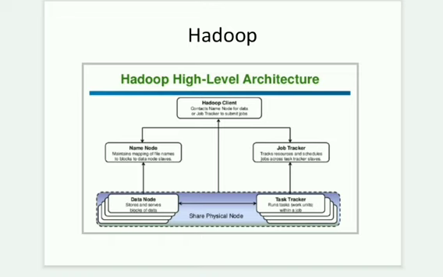How this is stored: your 1 GB data will be divided into blocks, for example, take a block size of 128 MB. So your 1 GB data will be divided into 128 MB blocks. That means 8 blocks are needed to store your 1 GB of data. Okay, so this is the block size, and this is how blocks of data are stored. How it is stored and where it is stored will be seen later on.